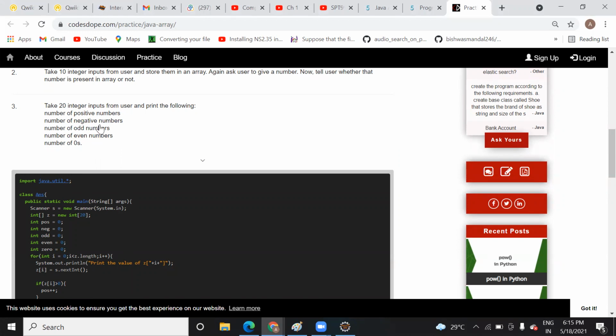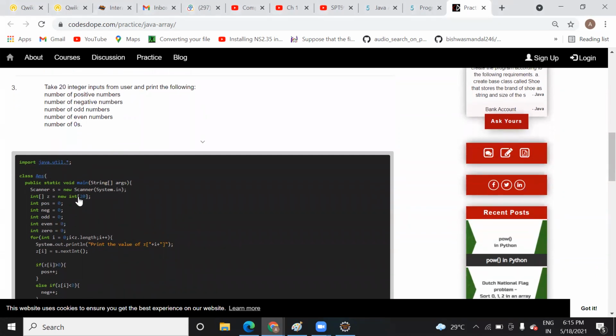So this is a very important question from the exam point of view. How are you going to do that? First, you need to initialize the array, declare the size of an array. Then you need to create variables positive, negative, odd, even, zero, and initialize them with zero, right? Why am I initializing with zero?